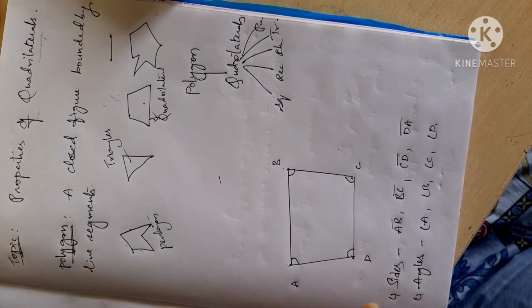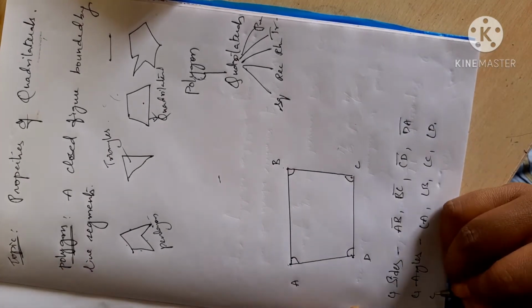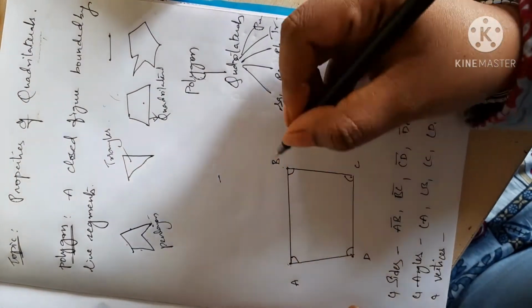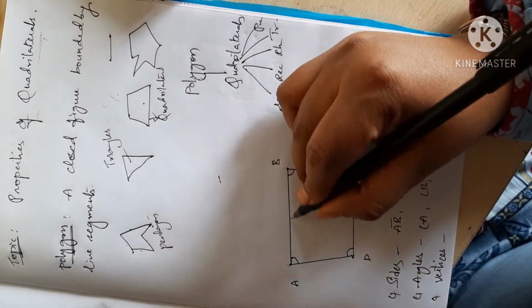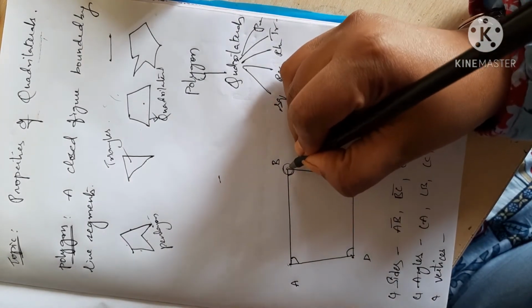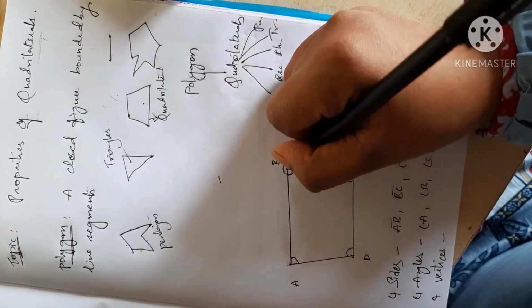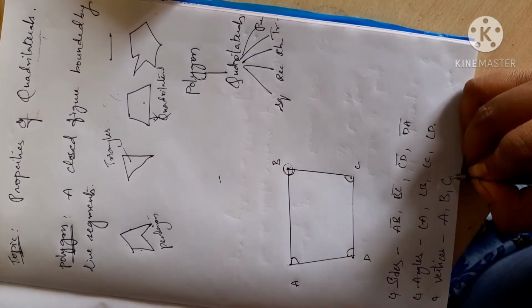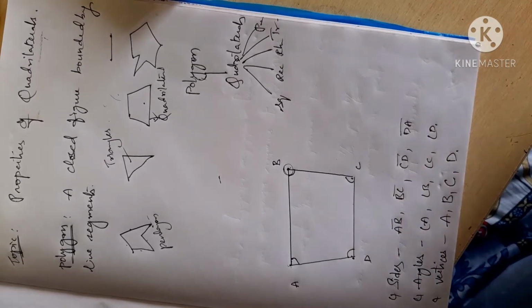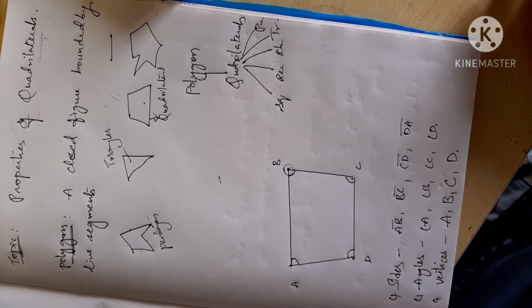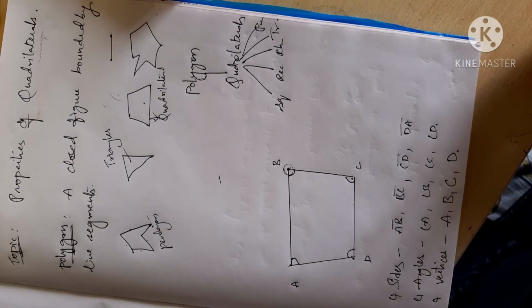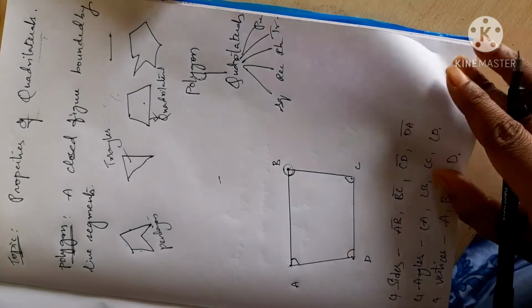Okay, 4 sides, 4 angles, 4 vertices. What are vertices? The intersection of 2 line segments together makes a vertex. So how many are there? Point A, point B, point C, and point D. It is going to have 4 sides, 4 angles, 4 vertices, and the properties are, okay,